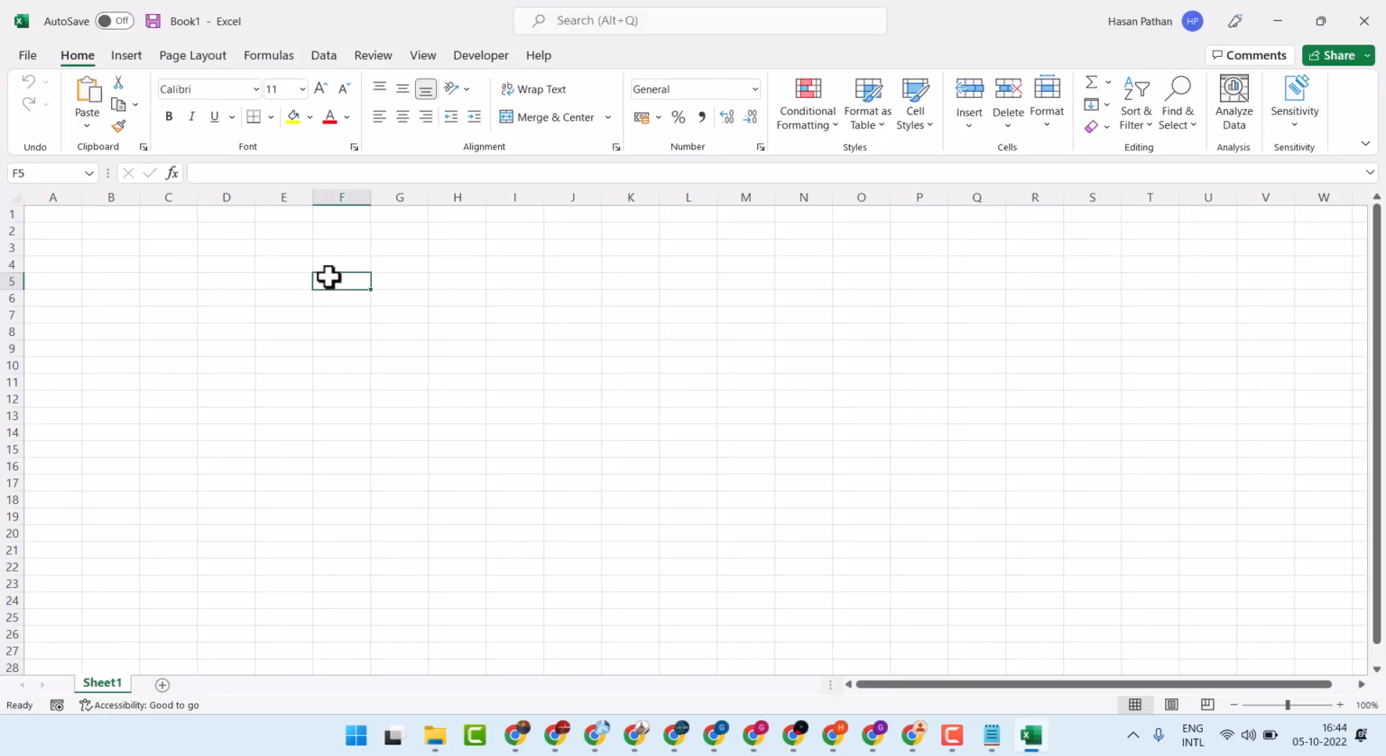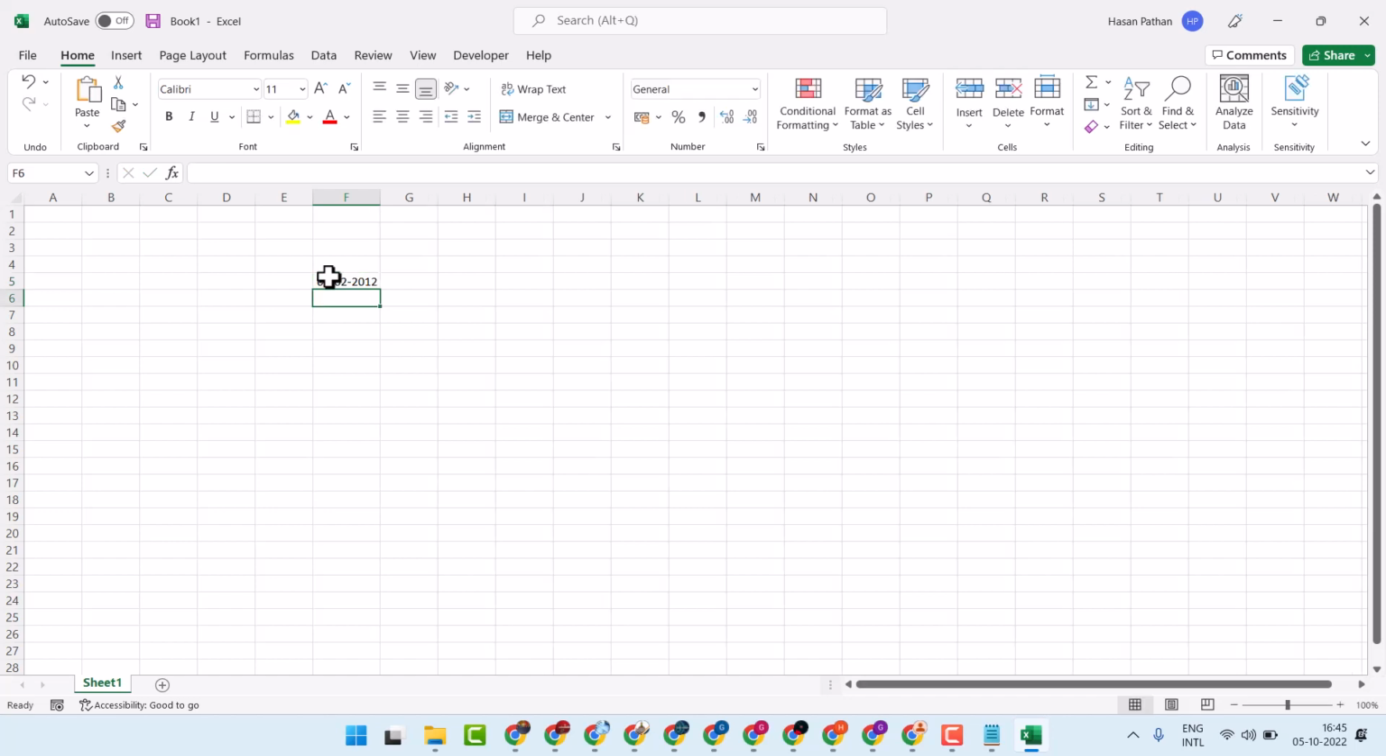Now once you type a date here, as we can see it auto adjusts the date. So to remove auto formatting,